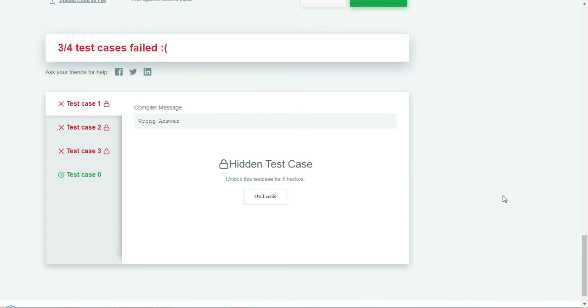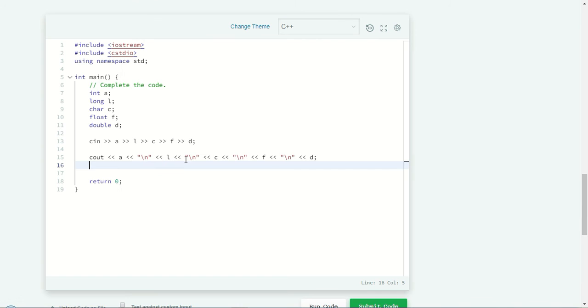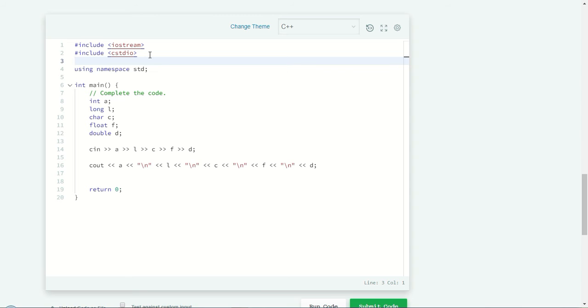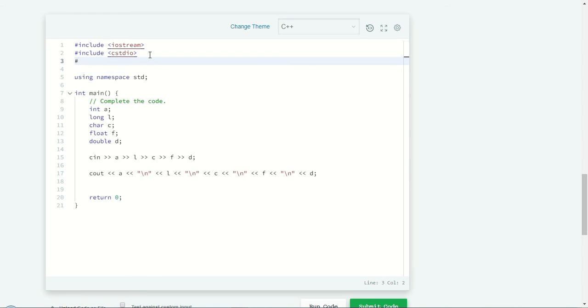Three of the test cases have failed. Let's see. After quite a long search on the reference websites, C++ and ISO CPP, which are the references I'm using to learn C++, what we can do is this: as I suspected, this could be because of the precision value based upon the input. For that we need to use another IO manipulator. Okay, so in the header file we can manually set the precision type.